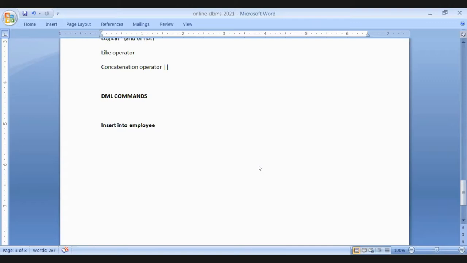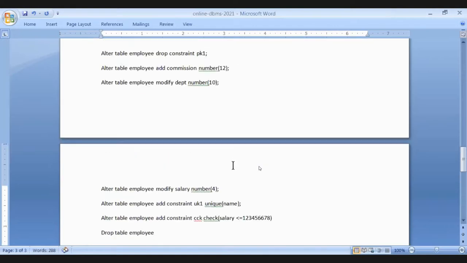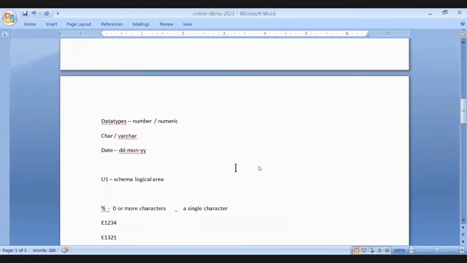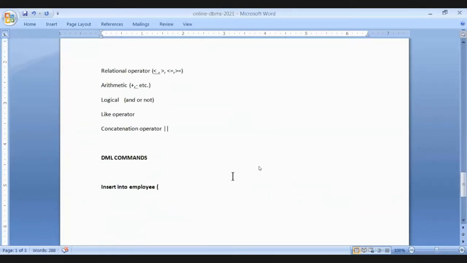There are many options. One by one, I will tell you the options. Listen to it carefully. Insert into employee. This is the first option I'm showing you. Write the names of the columns one after another. Achha, before that, let me tell you, don't write the names, just write insert into employee, then write values, then write the